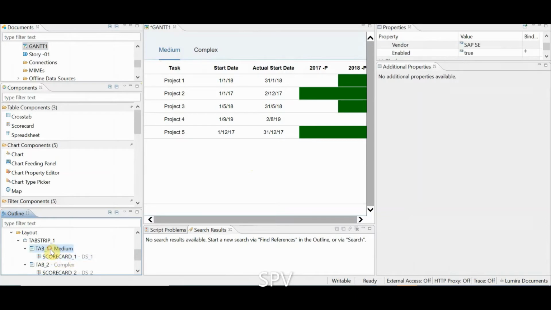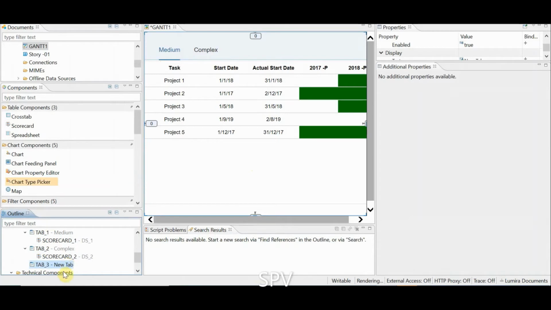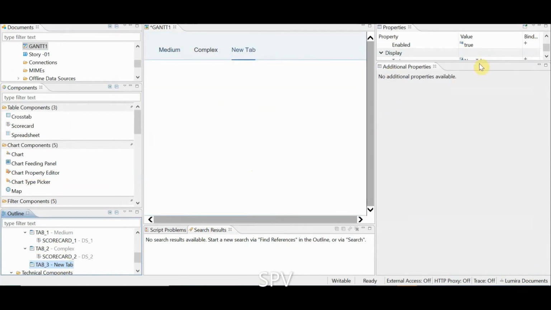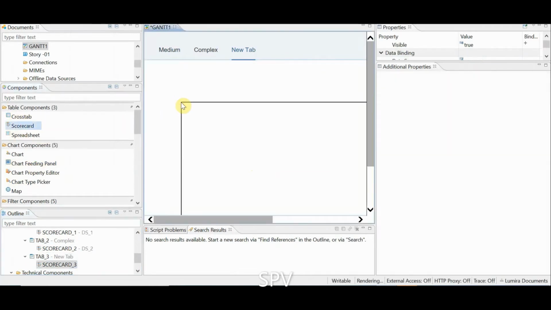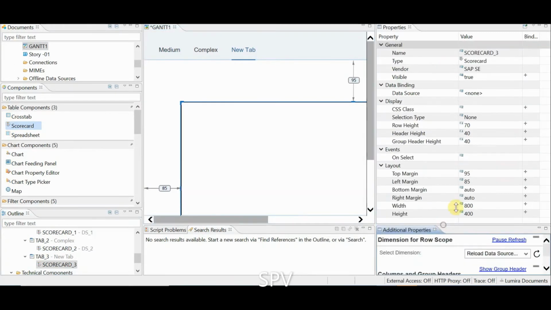In the tab strip, I'm creating another tab. In this tab, I am dragging in the scorecard.